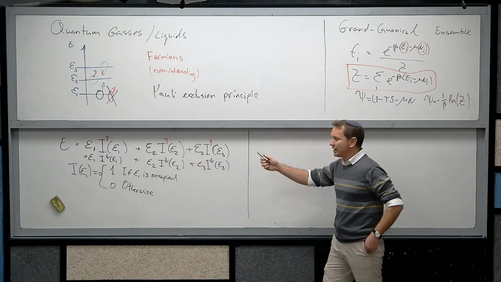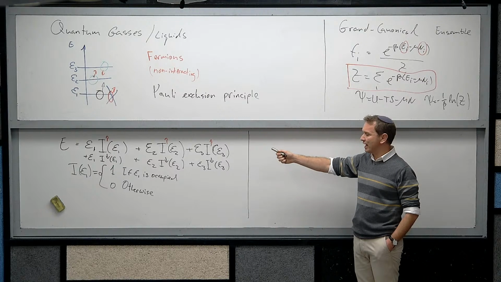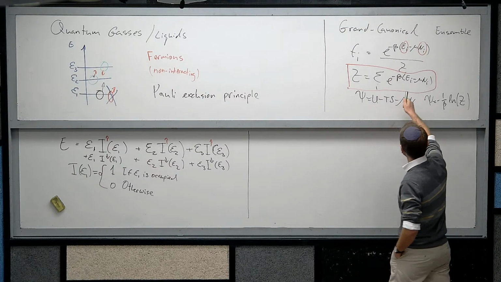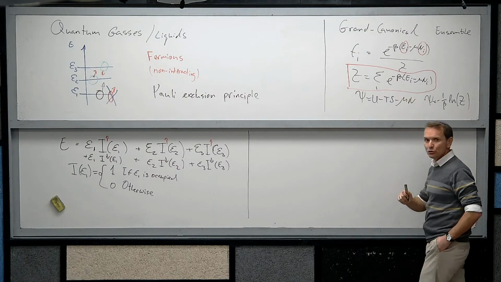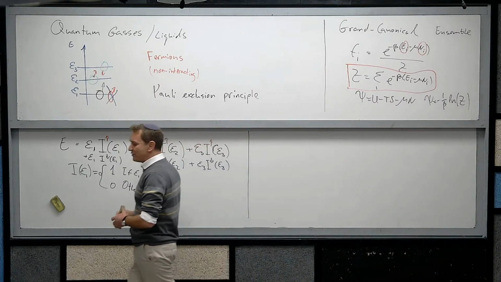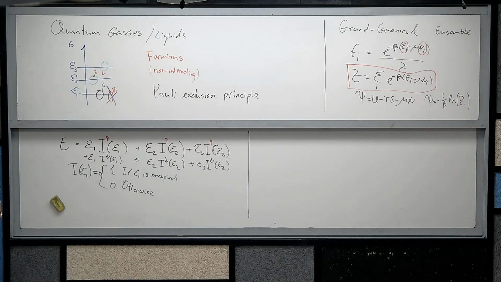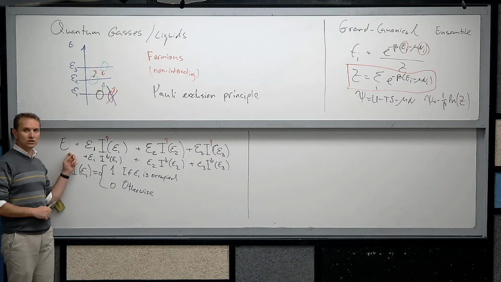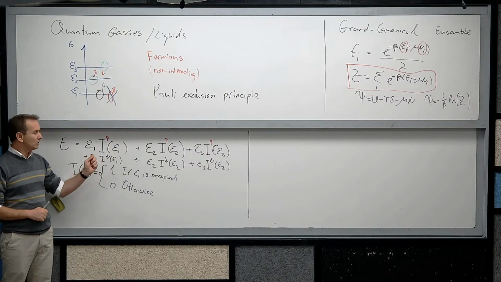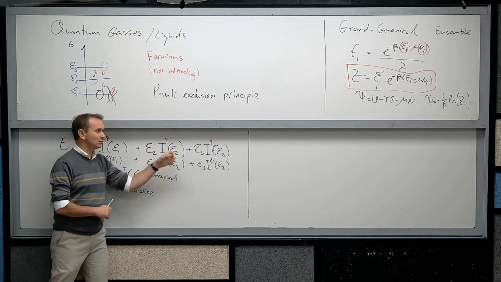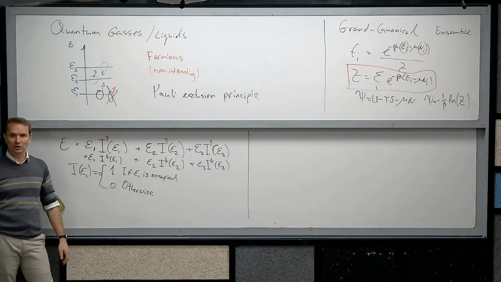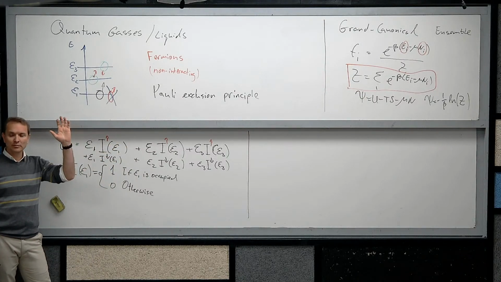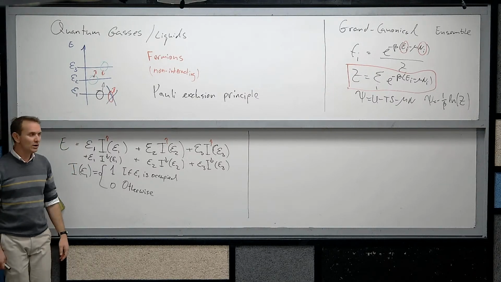Okay. Now that I have this, I can go backwards to my definition of the partition function and use the idea of factorization. Right? So the energy is a sum of energies, and all the different energies, those quantities, are independent of each other. State 2 doesn't care about state 3, state 3 doesn't care about state 1. So I can use